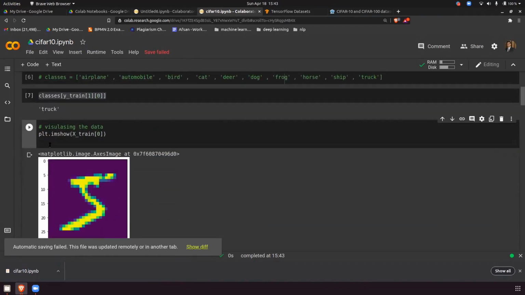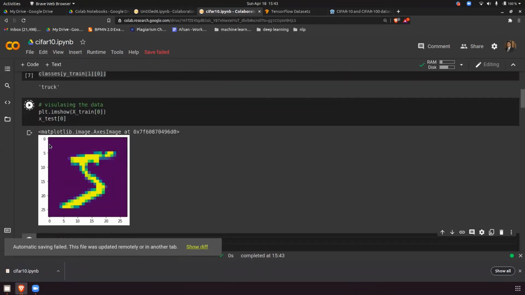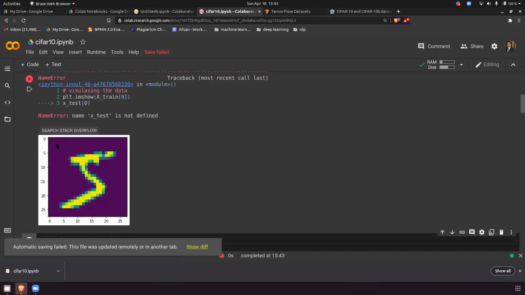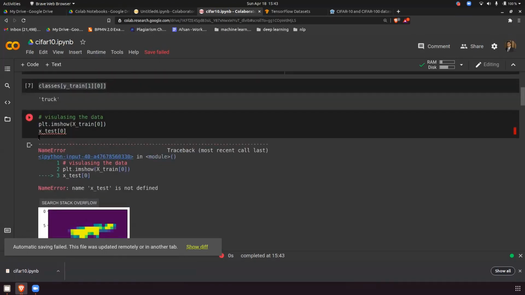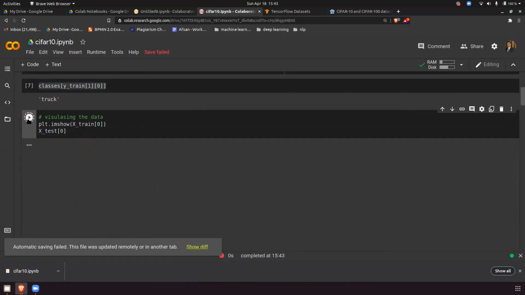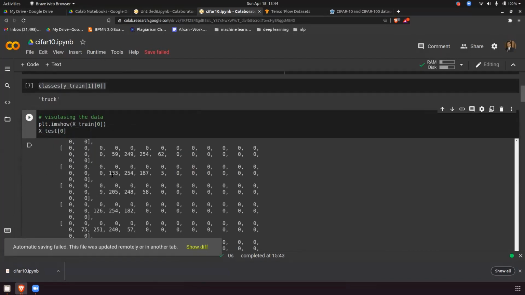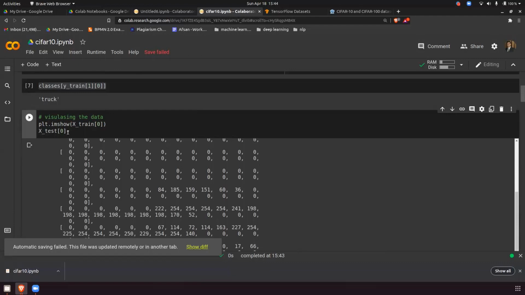Let's see x_test of 0. Sorry, x_test is not defined as capital X. X_test of 0, the answer should be 5. Let's see. Not this, I want y_test. My bad.